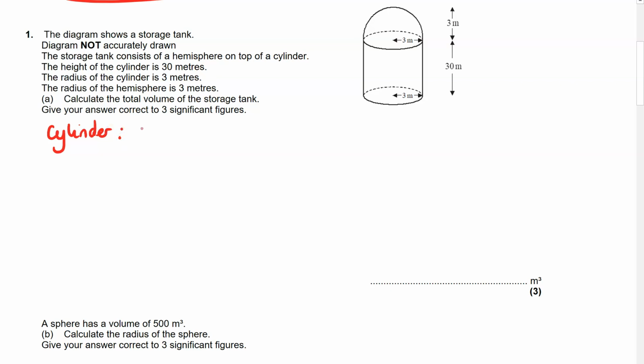And a cylinder has volume pi r squared h. So in this case it's going to be pi times 9 times 30, so that's 270 pi. I'm not going to turn it into significant figures till the end because I'll end up with a rounding error. The hemisphere,